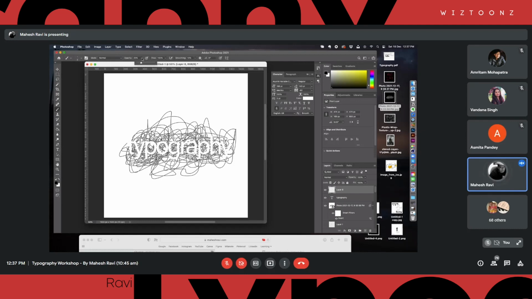I think the opacity is not full. I'm just looking at this line, and I say that the line is going like that, or maybe it goes like this. So it makes it feel like the text is inside that area. Cool. So that's one way that you can use.